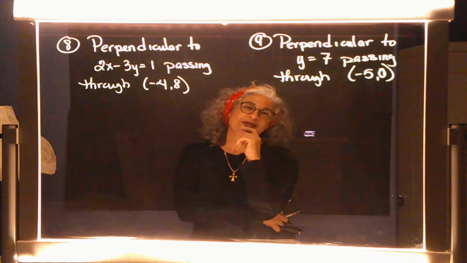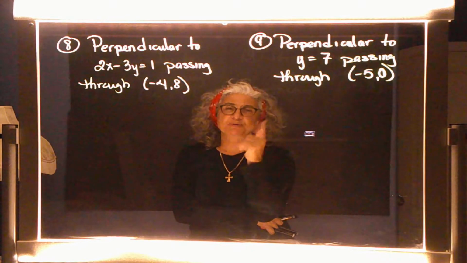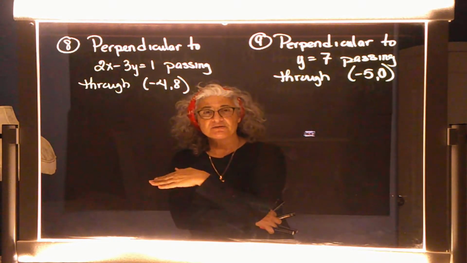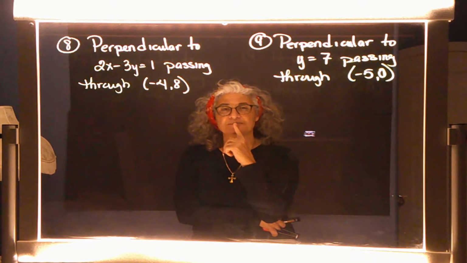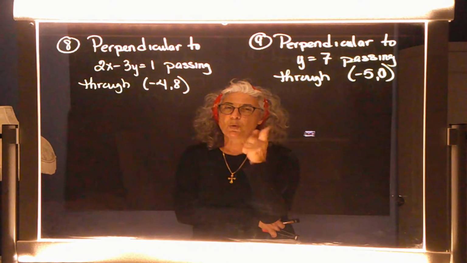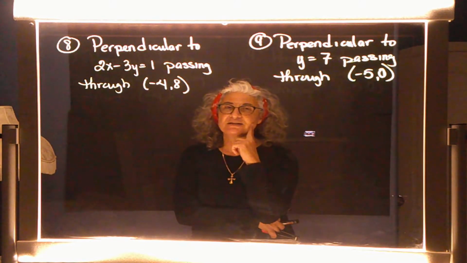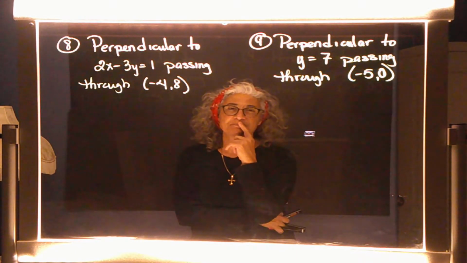So what do I know about lines that are perpendicular to each other? Something about their slopes. Good. When they're parallel, the slopes are exactly the same, right? But what about when they're perpendicular? Good. There's 2 requirements. One slope is positive, the other one is negative, and they're reciprocals of each other, right? They're flip-flops of each other, right? Okay, so